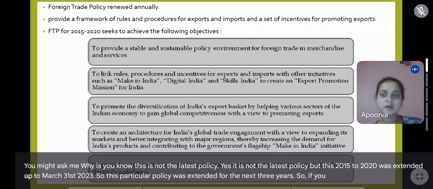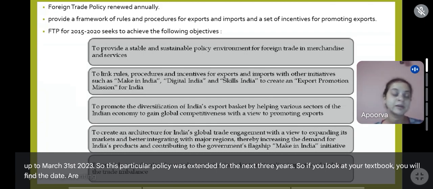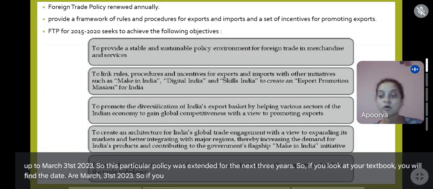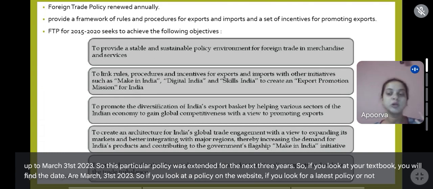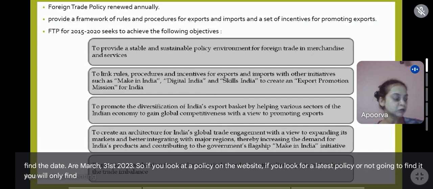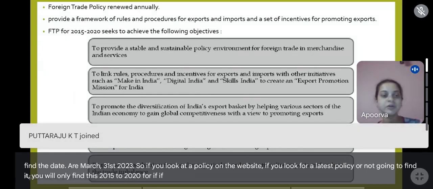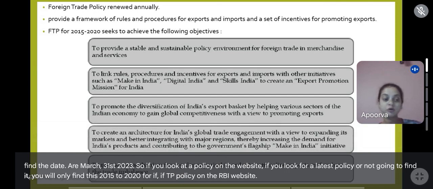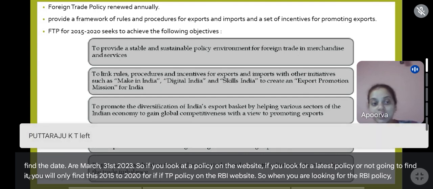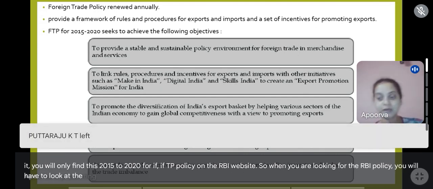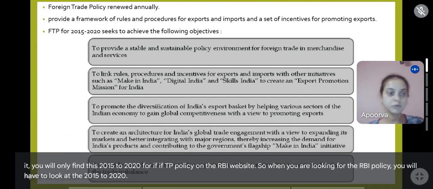So if you look at your textbook, you will find the date March 31st, 2023. If you look for a latest policy on the website, you're not going to find it. You will only find this 2015 to 2020 FTP policy on the RBI website. So when you are looking for the RBI policy, you will have to look at the 2015 to 2020. Okay, so next is